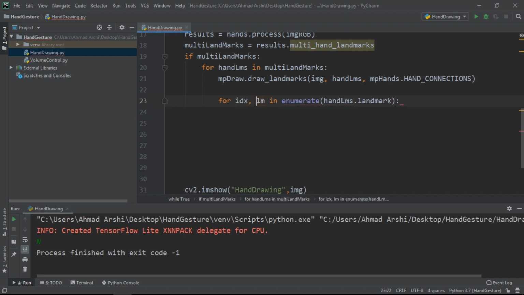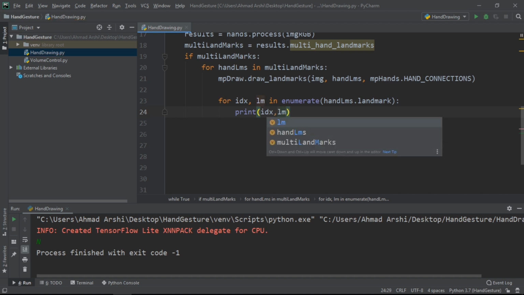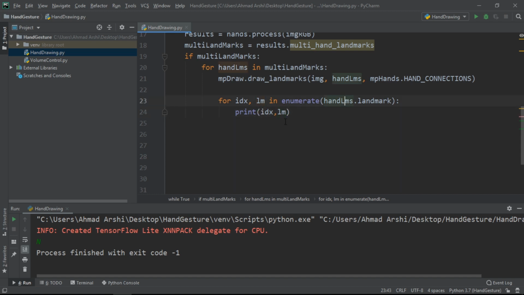and the landmark. Now if we just print on it, it will print us the ID and it will print us the landmarks. And for the landmarks, we are good with landmarks right now. Let's just print it that way, and then I will tell you an issue that we face while working with this. So if we just give it a go, you will notice that inside these logs you will be getting the ID and you will be getting the landmarks for that hand.